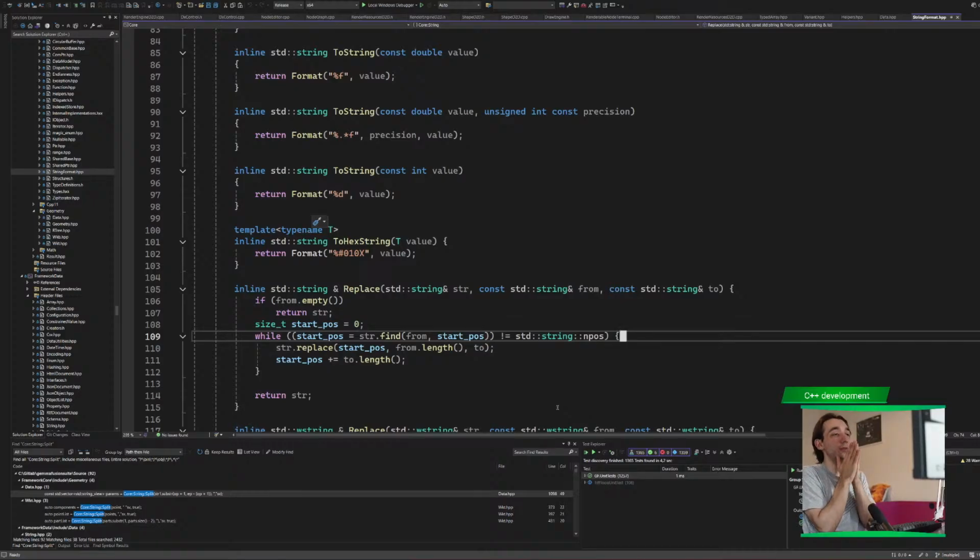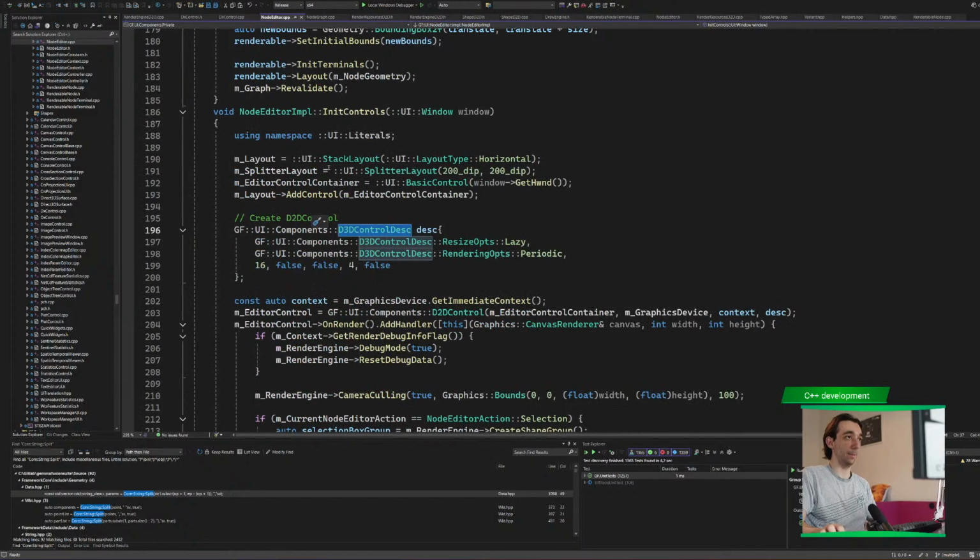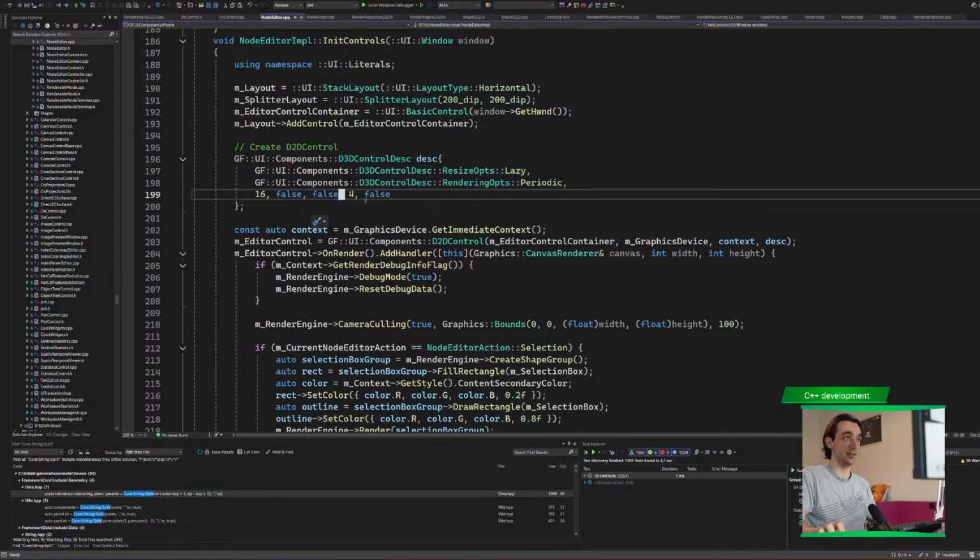If you want to render only on changes and not every 16 milliseconds, that's why from the beginning I just said okay, let's render every 16 milliseconds, and that's it. But the improvement on the multi-sampling can be done,